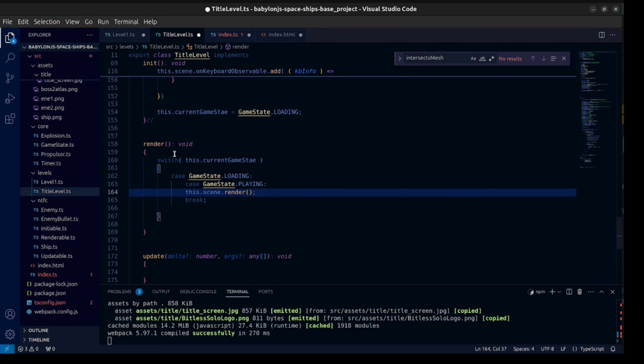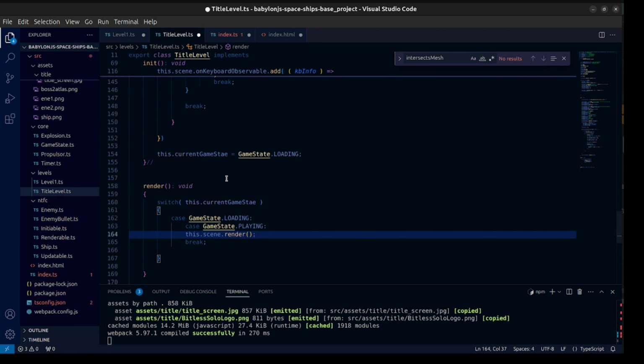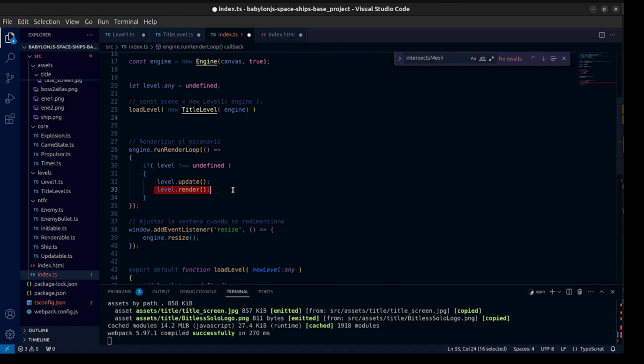With this, we're gonna display all what we have in the engine. So this render will call the scene render, and that's why we can use that here. This is the level render,